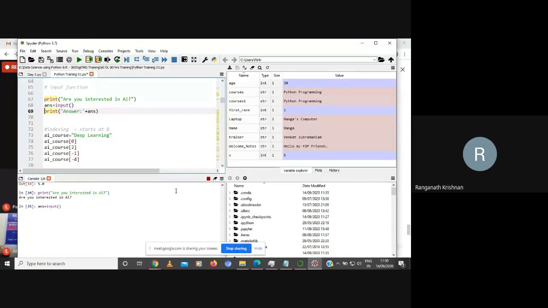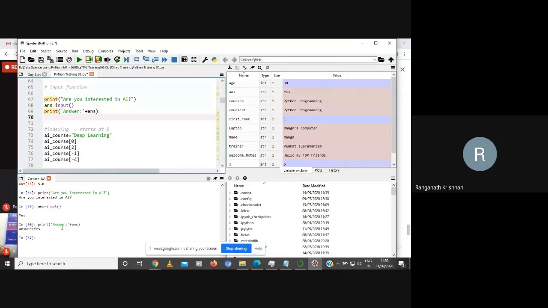One more thing I want you to notice. Please look at the bottom of the screen here. It is in red. This means that Python is either executing or it is expecting some input from you. So what did I say? I said answer is equal to input. It's waiting for me to enter something. See, it's blinking on the bottom. I'll say yes, I am interested, right? And I press enter. Immediately, it took this input. I'm going to print the input. It's going to say answer what I gave is yes.